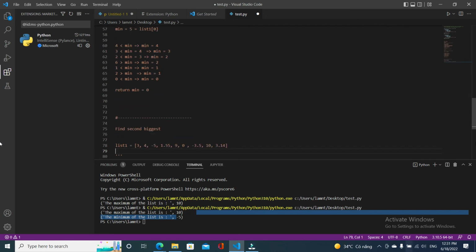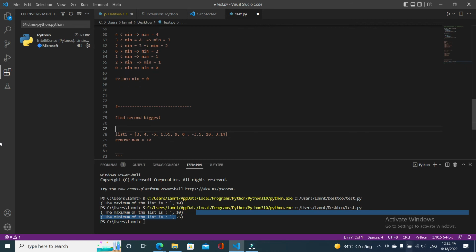So this is our list here. So now our first step is remove max equal to 10. So our list 1 now gonna be like this. So we remove 10, right? So delete 10 away, right? So here is list 1 now,